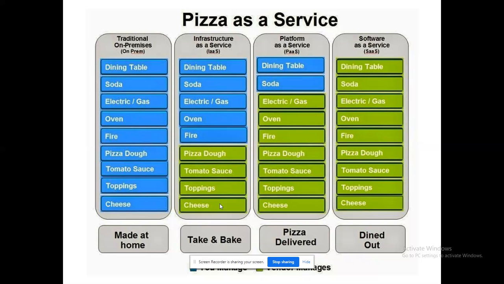And if it is going to be a platform as a service, what I'm going to do, I have ordered my pizza outside. Ultimately, I'm going to eat it in my home, right? Takeaway method completely. So dined out means I'm going to eat in the hotel. That's all. So that's going to be the thing. So that will demonstrate what would be the software as a service. I don't want to do anything. Just we have a machine that I'm ready to plug and play anywhere else. That's all. So platform as a service means I'll create my platform in that any services could operate. That's the idea here.